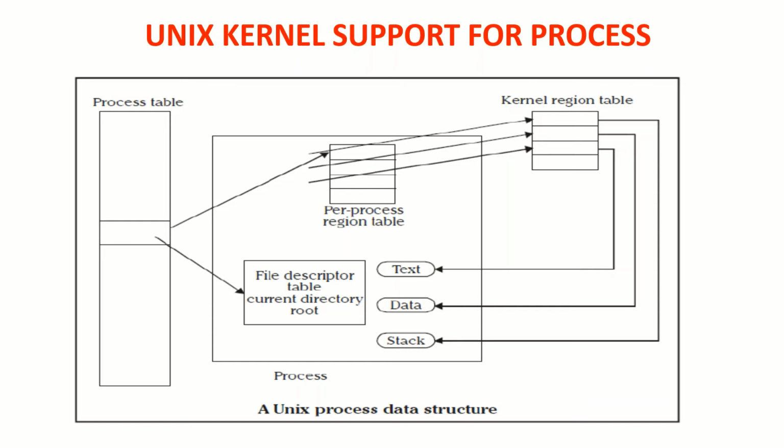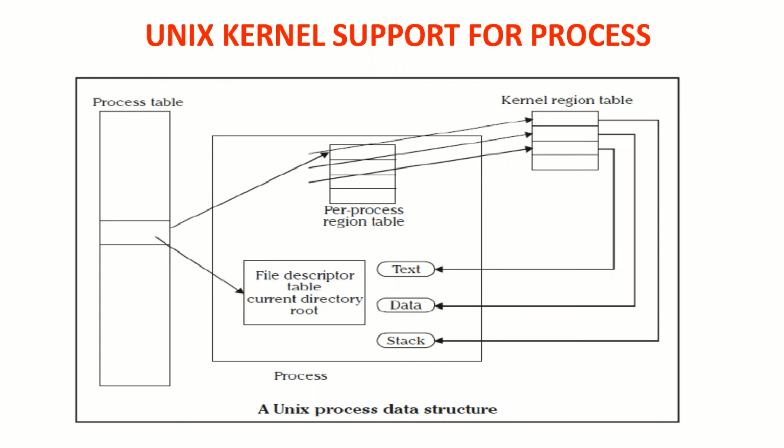The Unix kernel has a process table that keeps track of all active processes present in the system. Some of these processes belong to the kernel and are called system processes. Every entry in the process table contains pointers to the text, data and the stack segment, and also to the U area of a process.